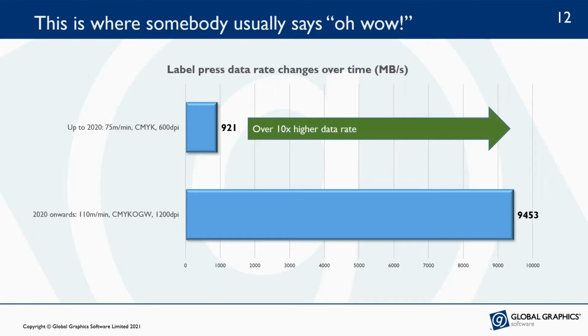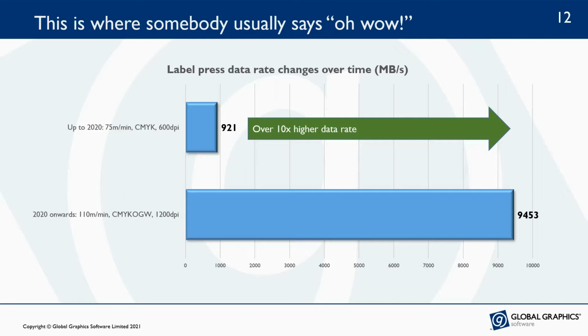That's because the new press is about 1.5 times as fast, 110 meters over 75 meters per minute. Doubling the resolution in both dimensions increases the data rate requirement by a factor of 4, 2 times 2. And going from 4 to 7 inks gives us an increase of 1.75 times. Multiply those figures together, 1.5 times 4 times 1.75, and you'll see where that 10 times increase in data rate